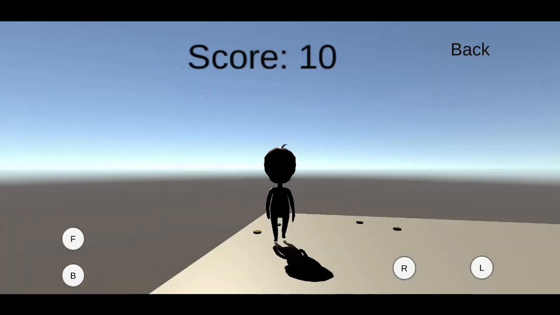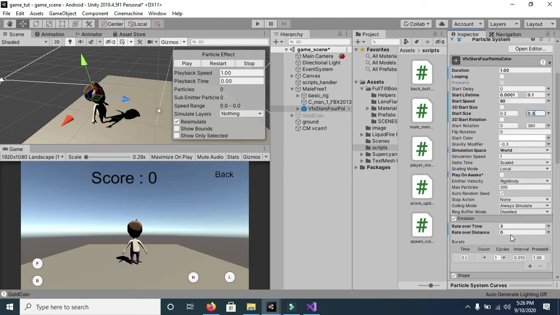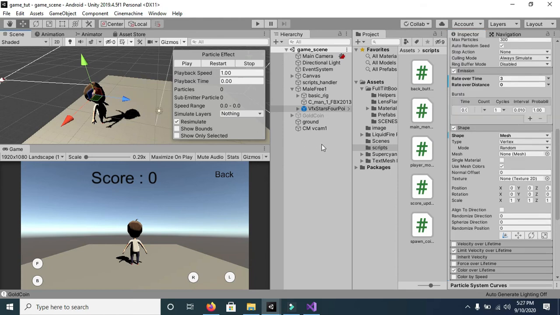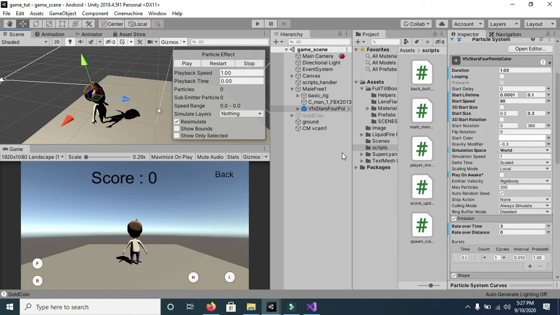Stop this game. First of all I will make changes in these parameters, and here is the start size. This is the size of the particle, so you can also change it, and now everything is fine. Save this. Now you must have understood what the features of the particle effects are and how we can change the parameters of the particle effects, and you can read more about them, and you can search for more videos about particle effect parameters, so you will get to know about all the other things also. And this is the basic particle effect.